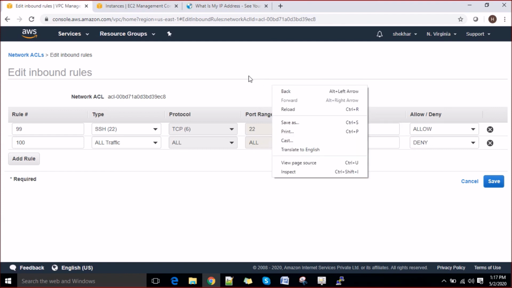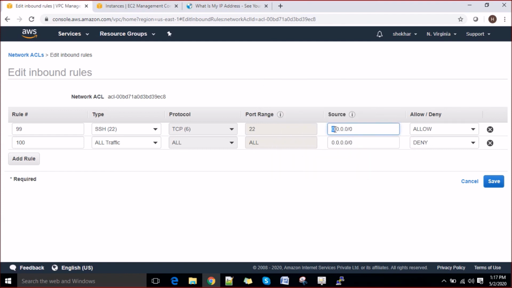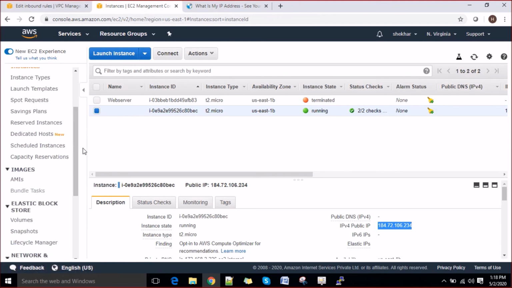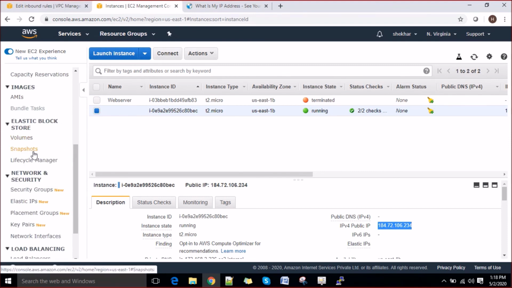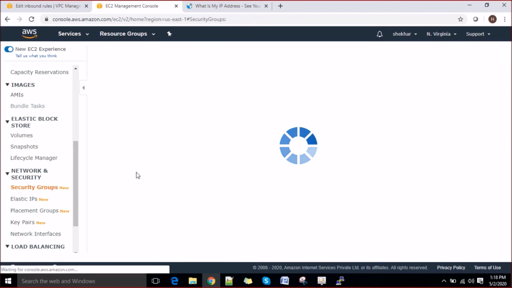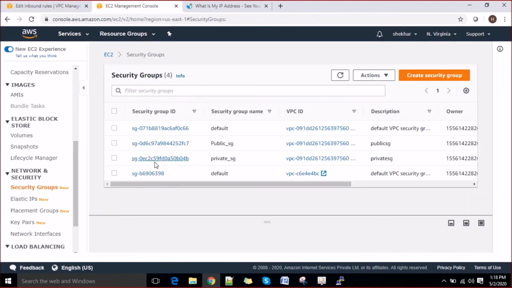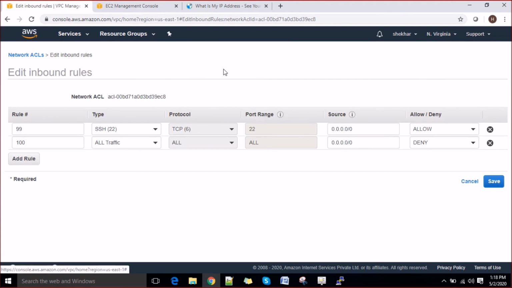instances. I could have also done this here, let's say I allowed only my own subnet, right? Again, you know how my security groups are working, right? You have already specified those things in your security group. So what will happen is, these rules will be evaluated first, then it will land at your security group. Those rules will be evaluated, then you will be able to log into your instances, or whatever service you need, you will be able to get it, right? So this is how NACL works.